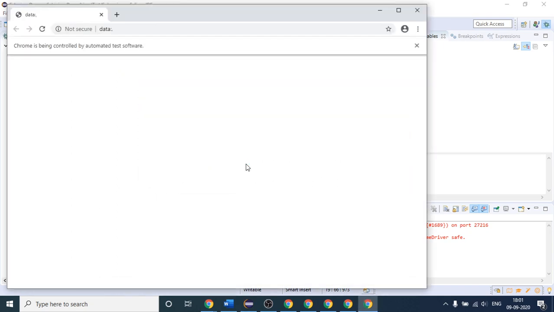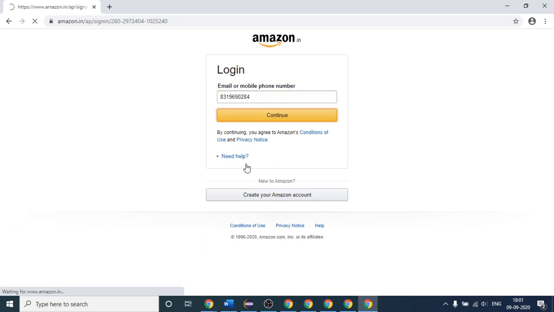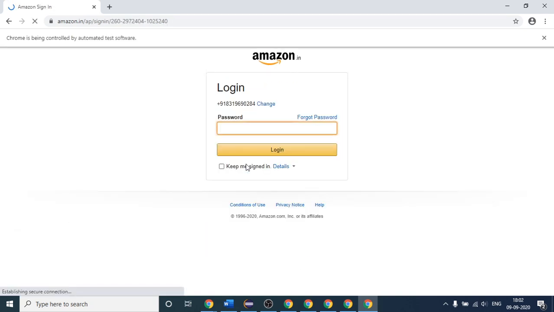This time you will see it will navigate to next page so that it will ask us for the password. Let's see what will happen. This time my mobile number will come here. See, and it will click on continue because it is already registered. So you can see it has come to next page after clicking on continue button with the help of click method. So is it clear to you all now?